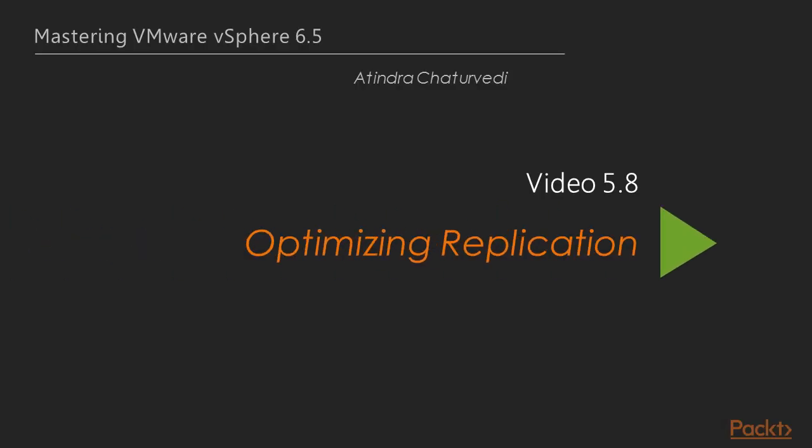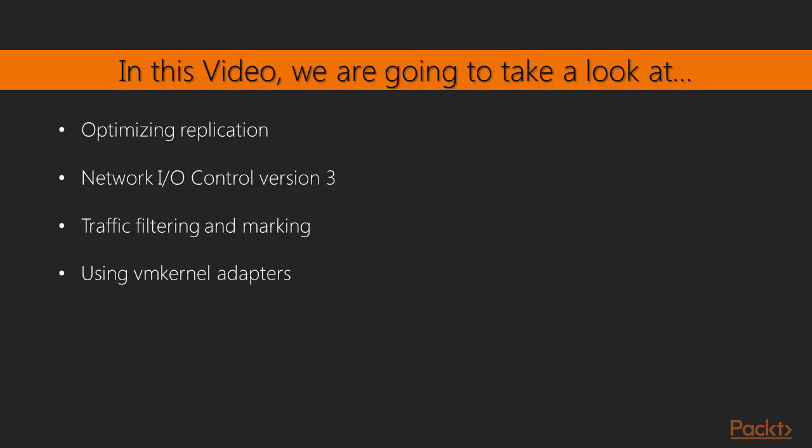In the previous video, we learned how to recover replicated virtual machines. Since replication causes a lot of network and data traffic, it's always good to look at ways to optimize replication. We can optimize replication with Network I/O Control version 3. This is available in the VMware Distributed Virtual Switch. We can use traffic filtering and marking capabilities, as well as manipulating VM kernel adapters to separate management traffic from